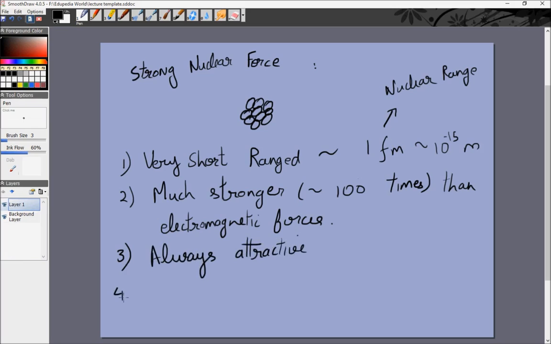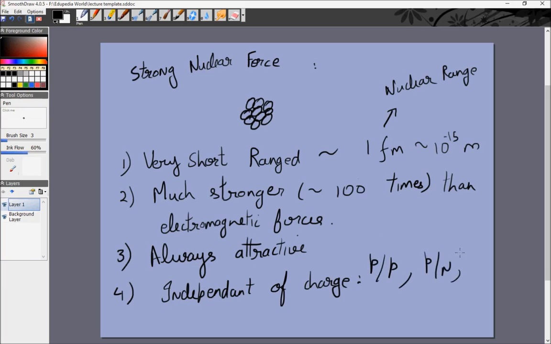And fourth, the most important property of it, they are independent of charge, which means the nuclear force between two protons is the same as the nuclear force between a proton and a neutron, or between two neutrons. So if you have, let's say, some protons and some neutrons,